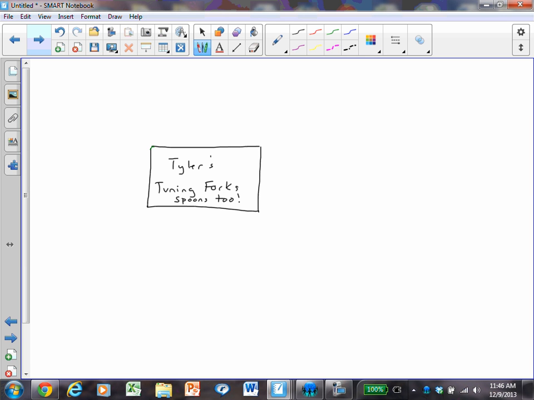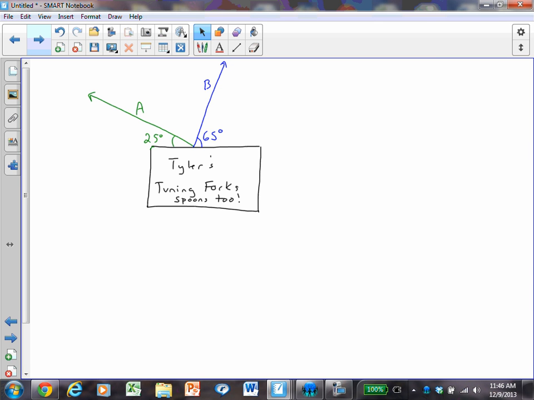we'll have it hanging off with an A of 25 degrees and a B of 65 degrees. And the sign has a mass of 200 kilograms. The maximum tension in these ropes is 3,000 newtons, and